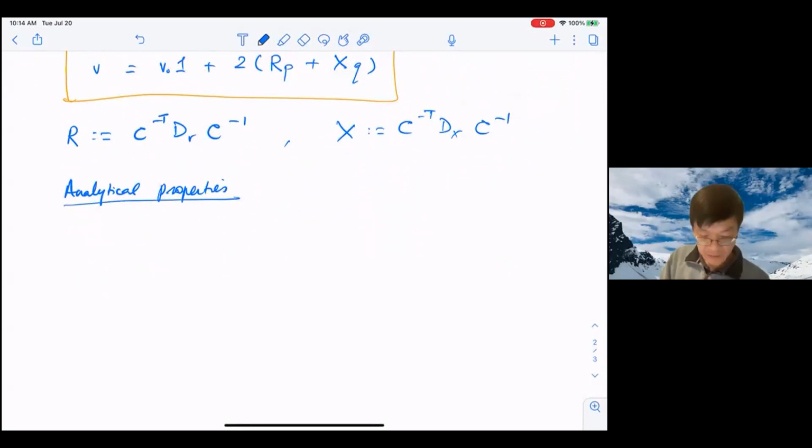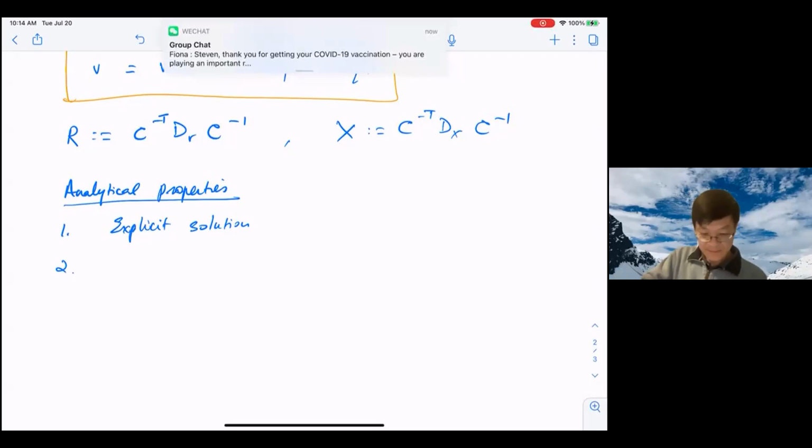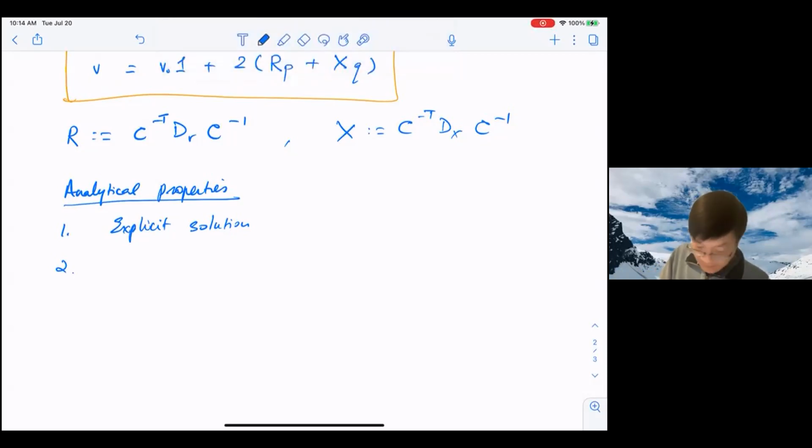One is that explicit solution that we saw, given the power injections. Secondly, you can solve that explicitly, and you get